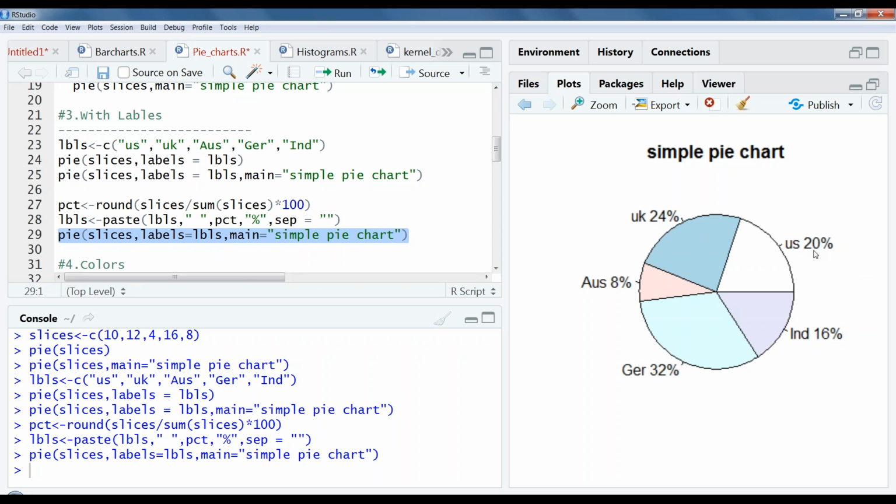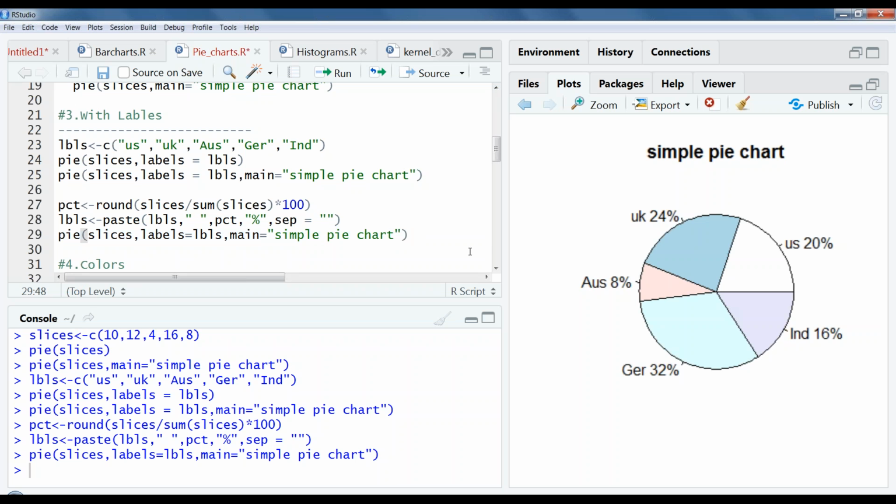So in the US, 20%, total we have 100 people, I assume. 20% of the people are from the US, 24% from the UK, 8% from Australia, 32% from Germany, and India 16%. This is a percentage of people who are working on R programming. We can say that.